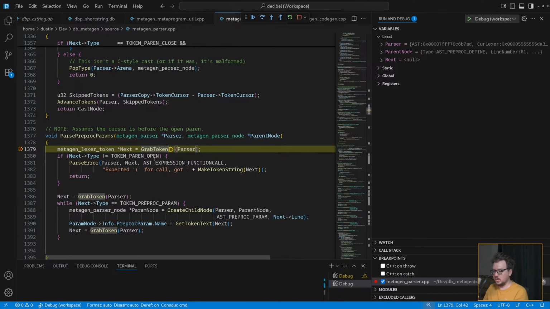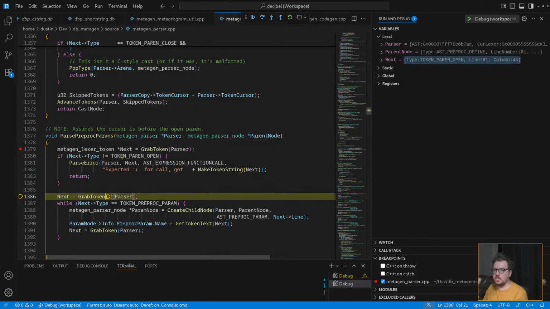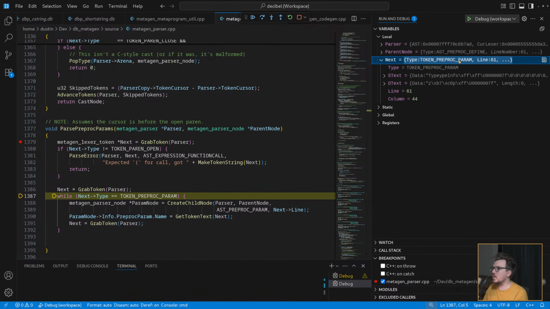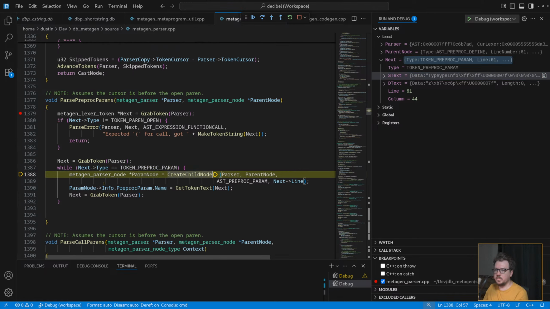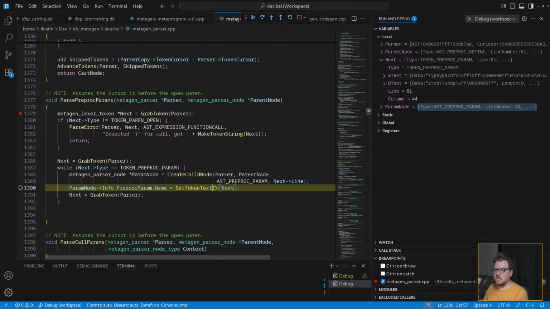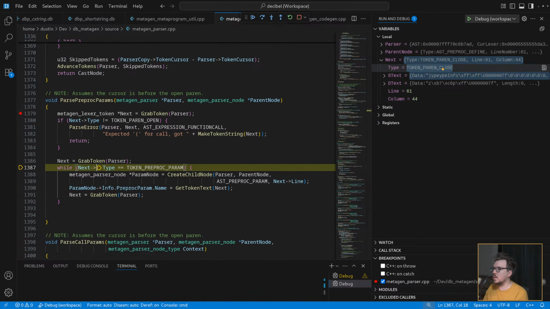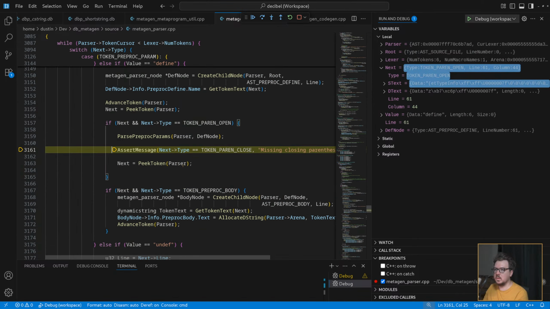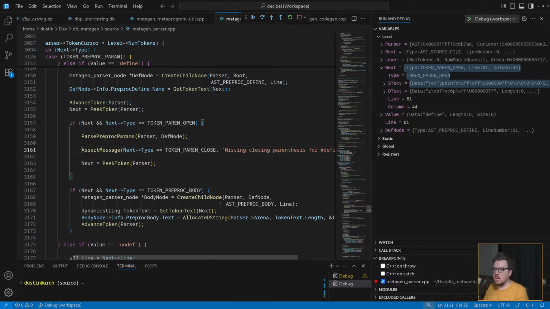Okay, so we grab the next token, it's a paren open, good. Grab the next one, it's a preproc param called type. We create it, boom, grab the next one, it's a paren close. Assert the next one is a paren, oh, duh.